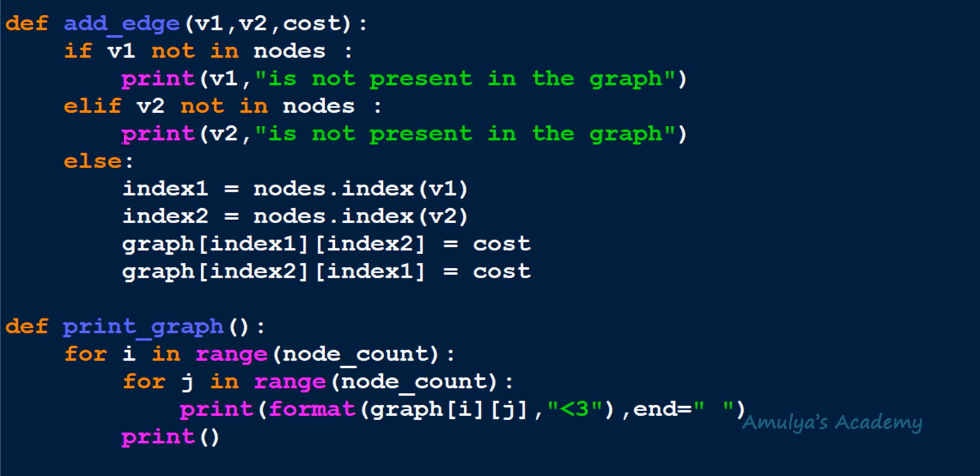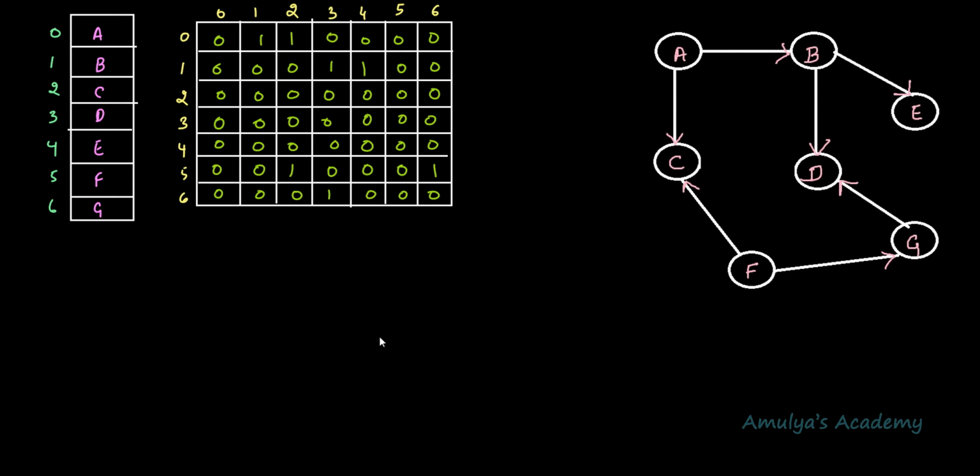Next, let's see how to modify this function for directed graph. So in the directed graph, it depends on you whether you want to make this for directed weighted graph or directed unweighted graph. Here let's do this for directed weighted graph. So here we need cost, and here in the directed graph, if I add edge E to X, this edge will look like this, right? E is the starting point, X is the ending point, so add an edge from E to X.